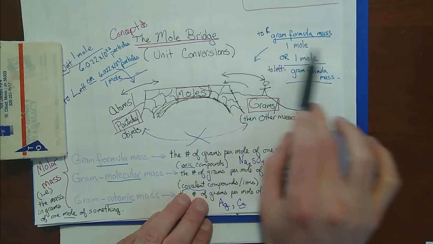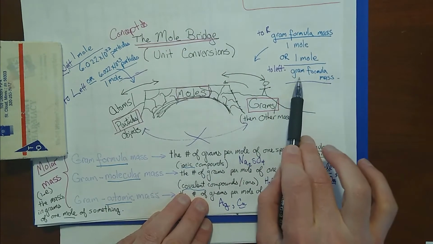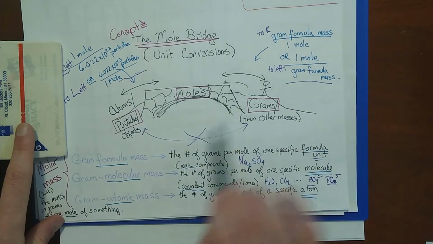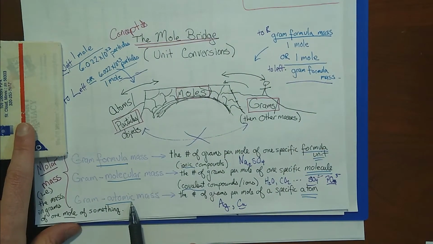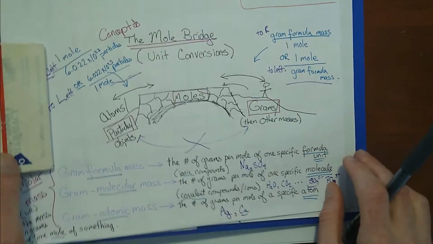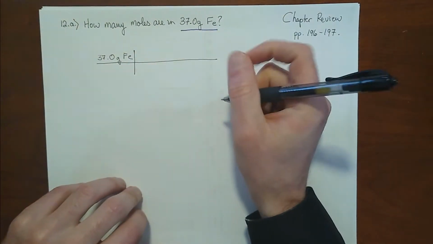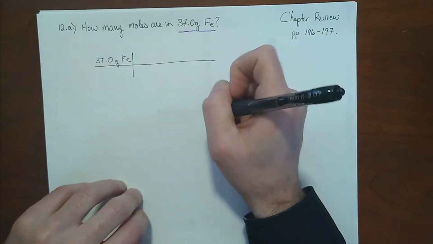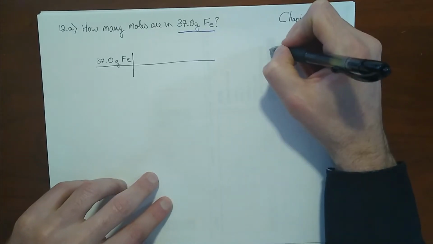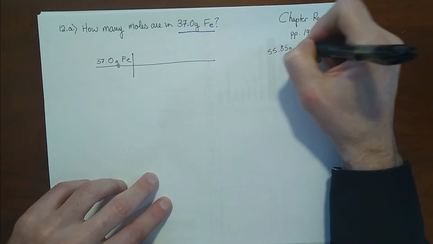So I need a conversion factor that relates number of moles for iron to the number of grams per iron. This is what we call the gram formula mass, or since iron is an atom in this case, it's the gram atomic mass or the molar mass. These all mean the same thing here. So for iron, if you look at your periodic table and you find the atomic mass for iron, it's 55.85 AMUs. Which means that the conversion factor I will need here is 55.85 grams of iron